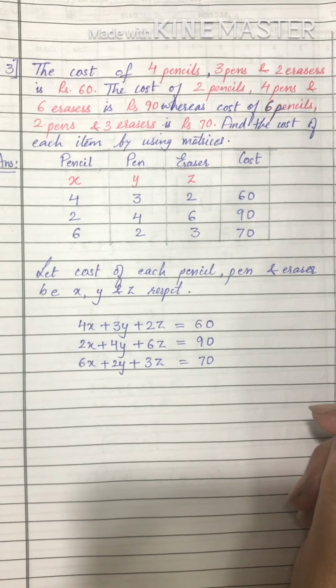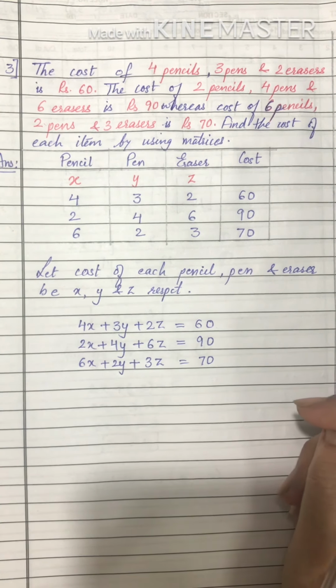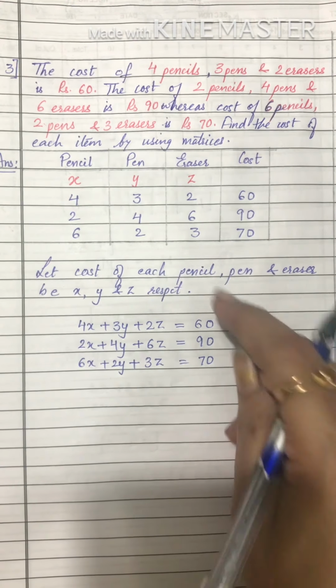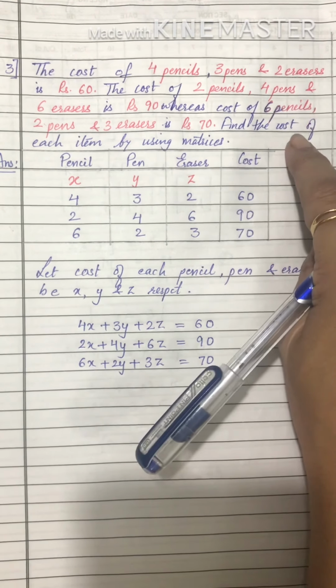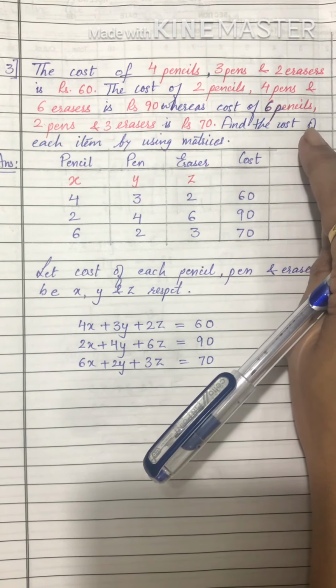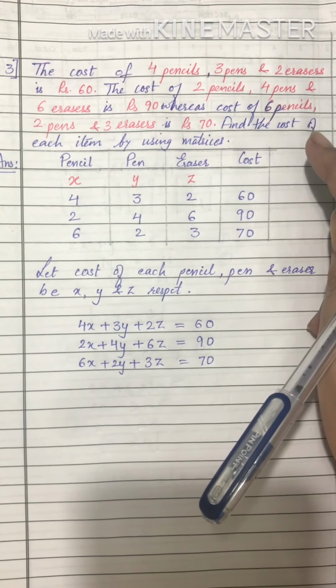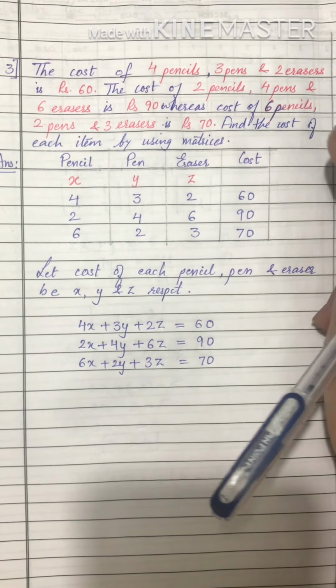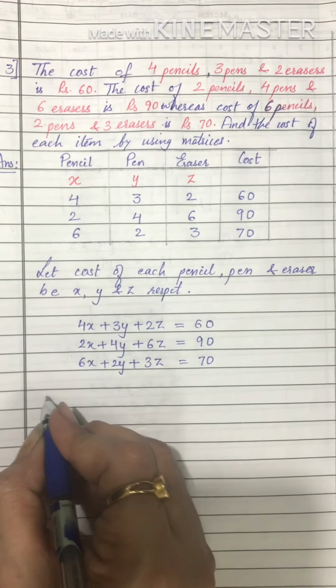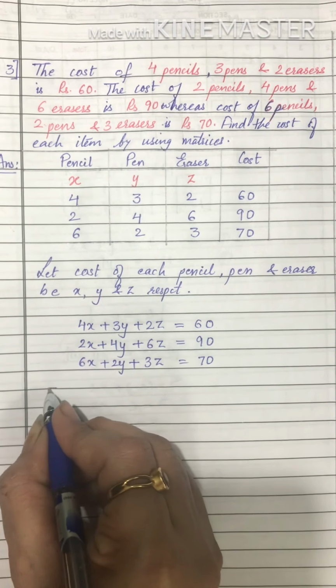One is the inversion method and one is the reduction method. So you can use any method, but this is my suggestion: whenever we are solving word problems, it is highly recommended that you follow the reduction method. For that, we will first have to write this down in matrix form.